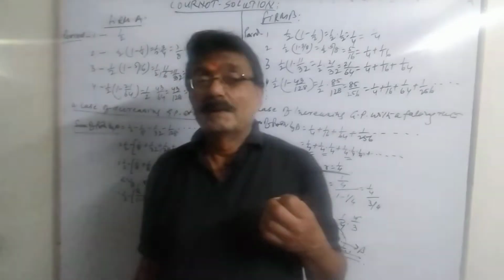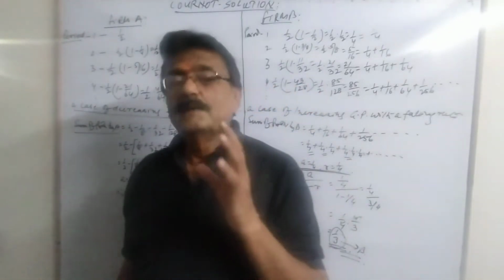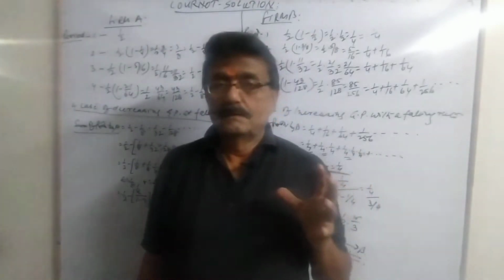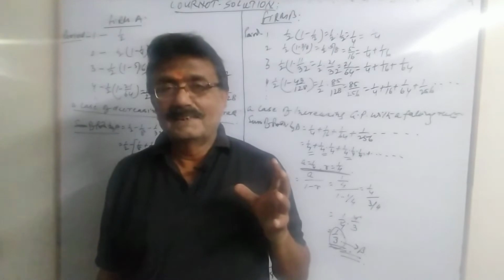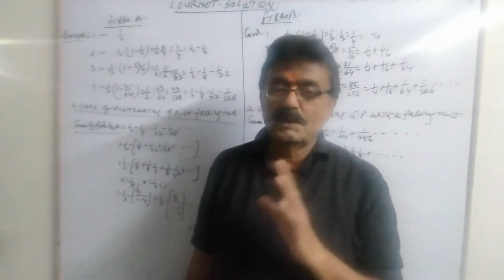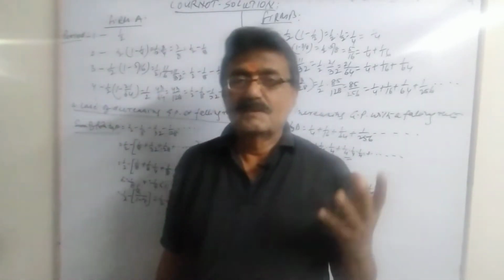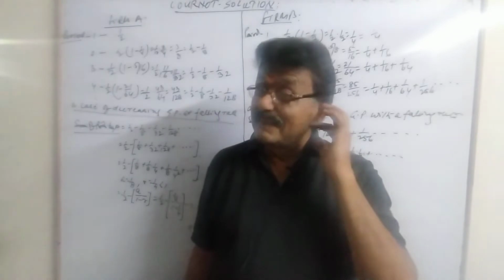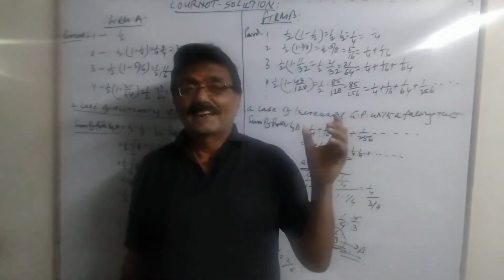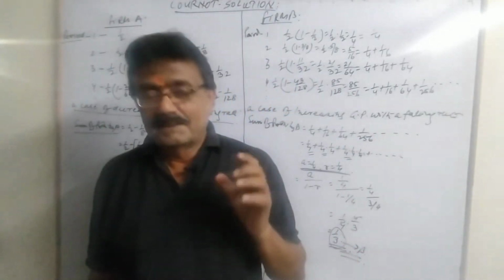So there was a chain of actions and reactions, and we had explained there that in the Cournot model, if two players are playing, then the solution is 1/3 of the total market demand. 1/3 of the total market demand. And out of two players, if each produces 1/3, then obviously total production would be 2/3. So that 1/3, how does it come? There we had seen in the diagram, but it can be explained mathematically.